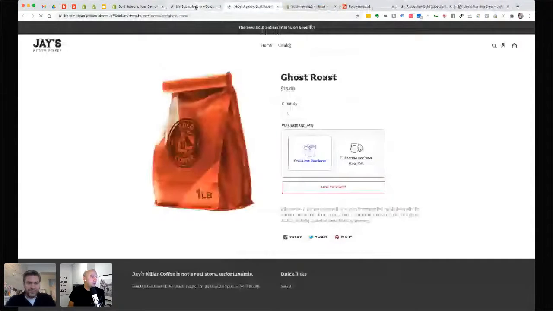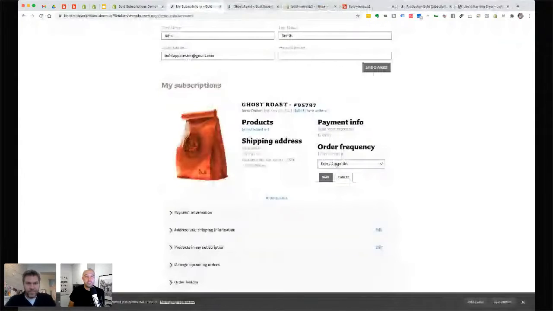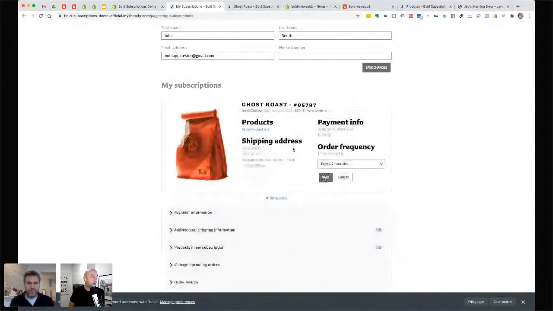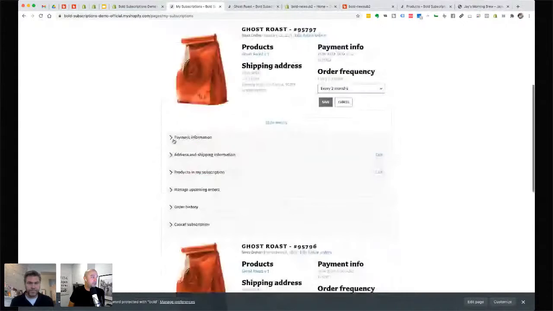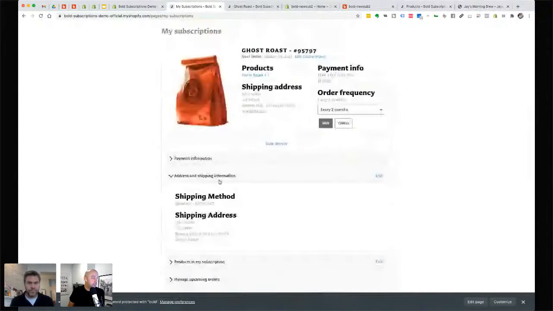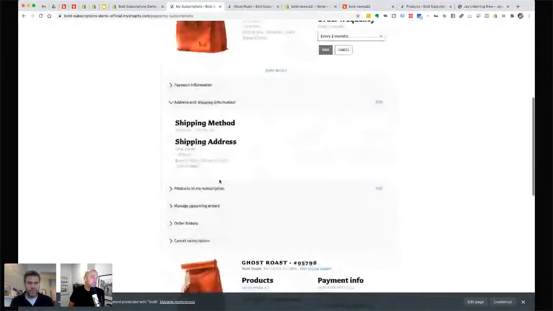So they can, oops, that takes me to the product. If they want to change the frequency, so whatever this subscription has for options, they'll show here. If there's 10 different frequency options, then there would be 10 options. This one just has 2. Do I want to edit future orders, pause future orders? I can easily do that up there. I can edit my payment information, change my address, change the credit card, change shipping address, change products in my